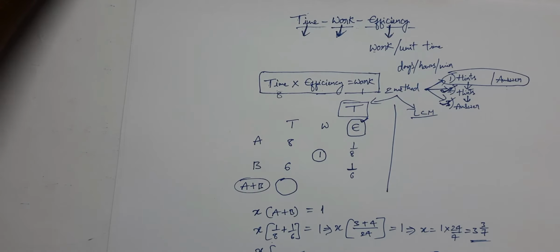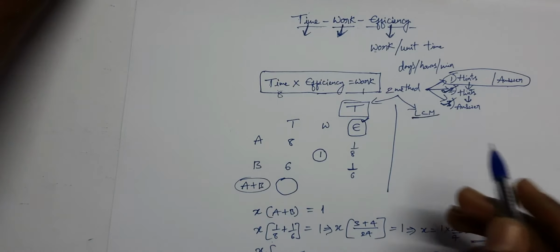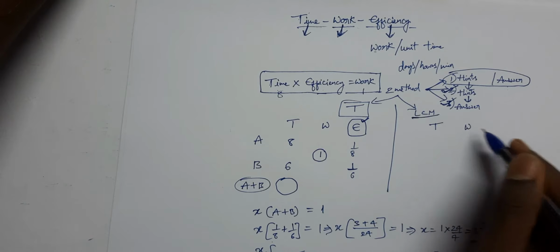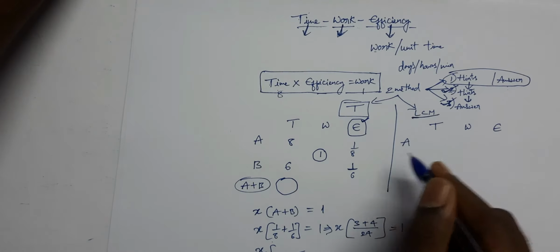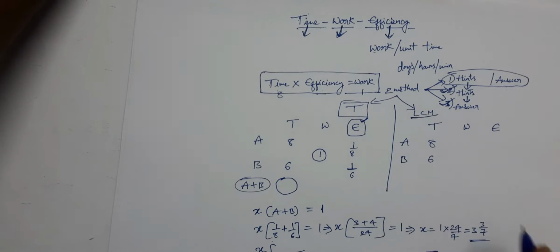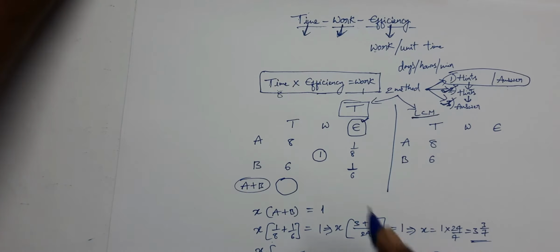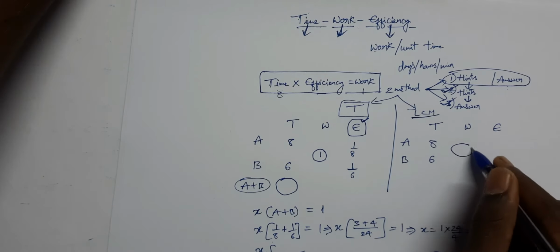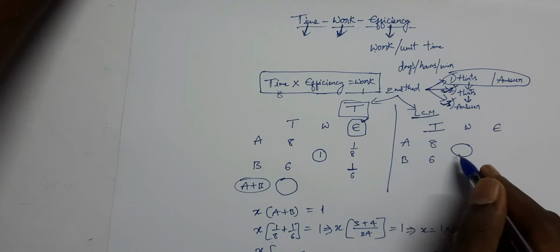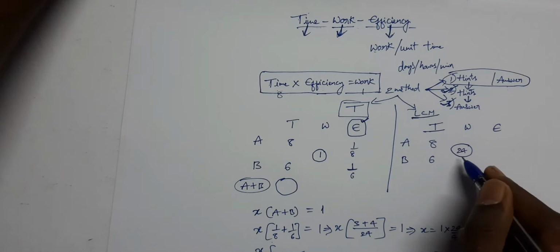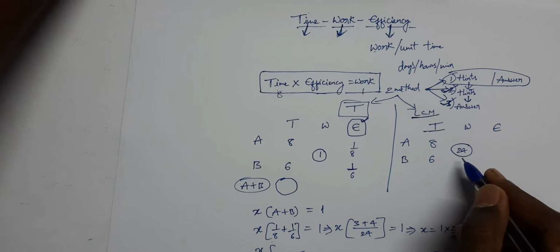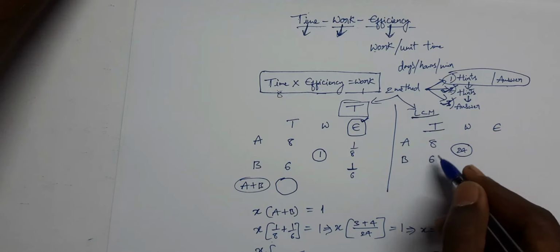Now I'm going to solve the same question in the LCM method so that you can understand the difference between the two methods. Here also same: time, work and efficiency. A can do the work in 8 days, B can do the same work in 6 days. But here the difference is that we take the work as the LCM of all the values filled in time. The LCM of 8 and 6, as we have already done, is 24. Here I am again mentioning that you don't need to take the LCM only, you can take any number which is divisible by both 8 and 6.